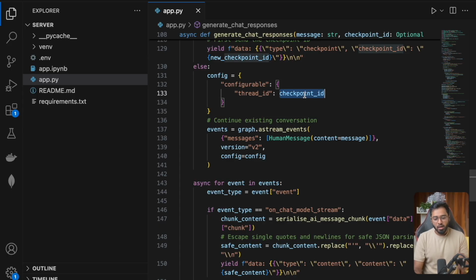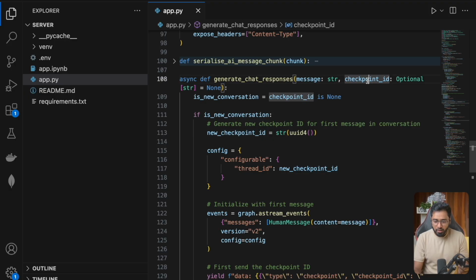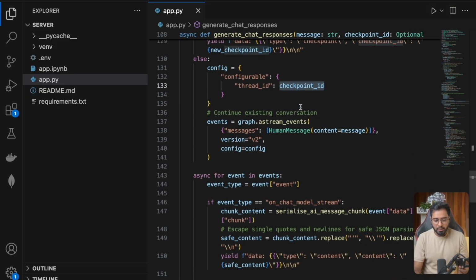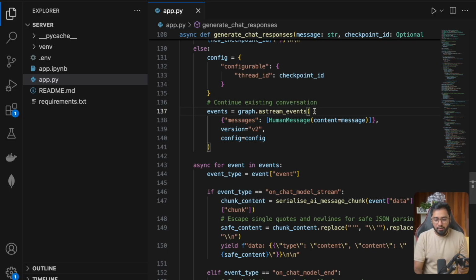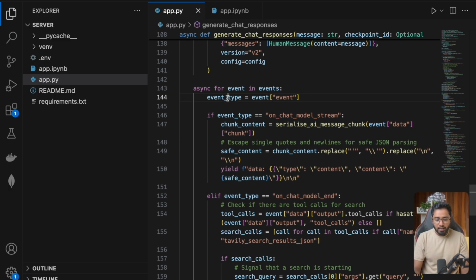In that case, we are going to be using the checkpoint ID that we get from right here. Okay, so we are getting it from right here, so the server knows exactly which session to continue the conversation. Okay, and then the same thing is again continuing. And coming down right here, you can see that we are getting reference to the event